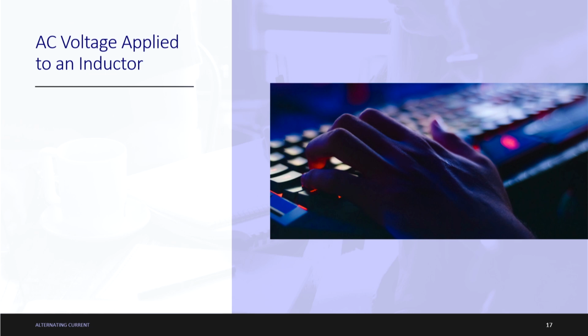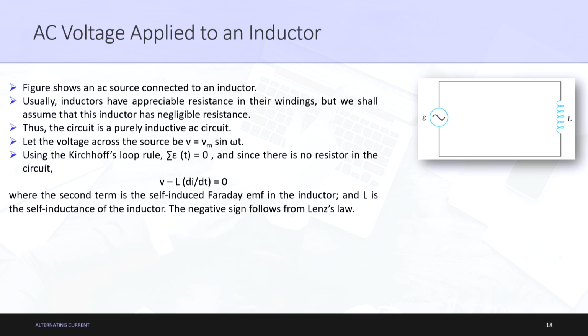The concept of an inductor has already been explained in the previous chapters, so I won't go into what an inductor is. We will try to understand what happens when an AC voltage is applied to an inductor. Similar to the case of resistors, a simple circuit is explained here, an EMF